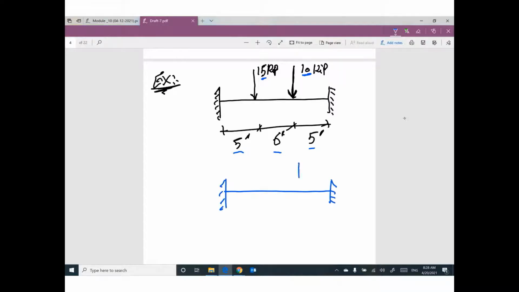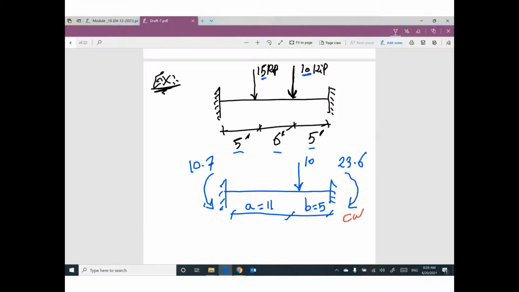Assume we have this concentrated load alone, 10, with distances A equal 11, B equal 5. So I can figure out the value of moment here and the value of moment here. I think my values will be 10 times 5 times... Your value here will be 23.6. The value here will be 10.7. And remember, this one is clockwise, it will be positive. This one is counterclockwise, will be negative. Plus,